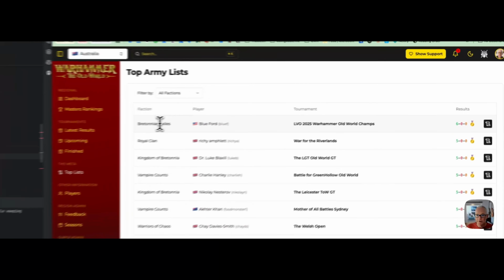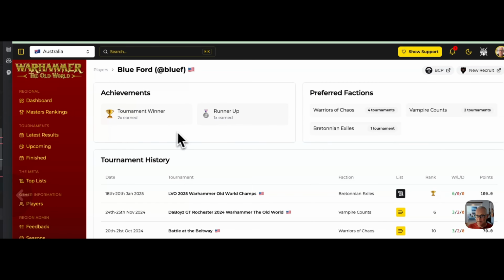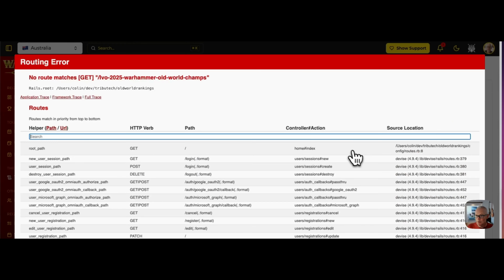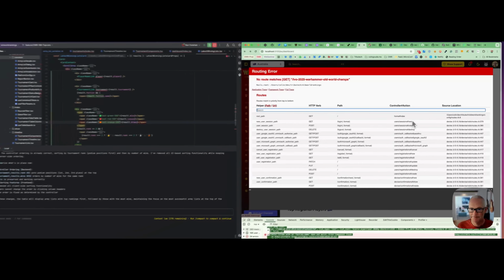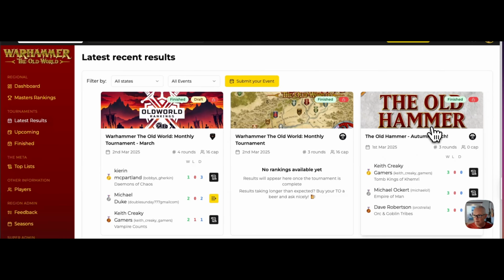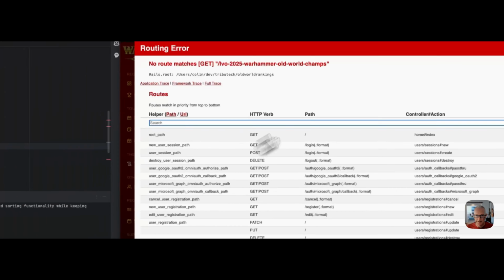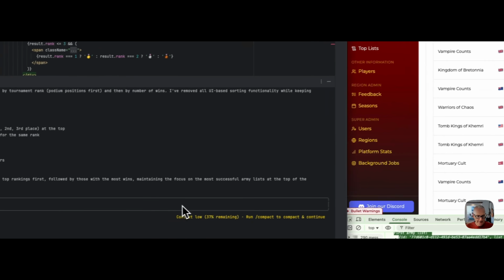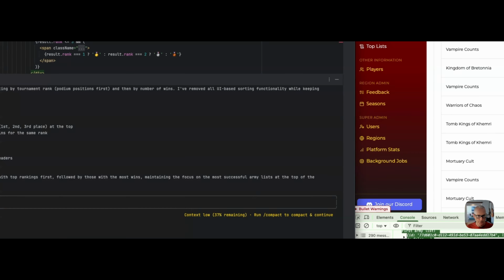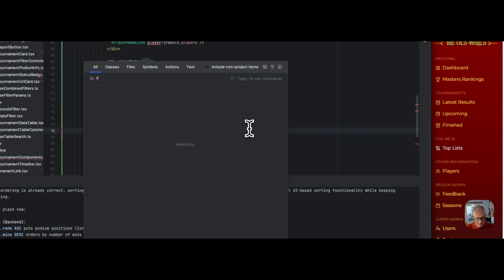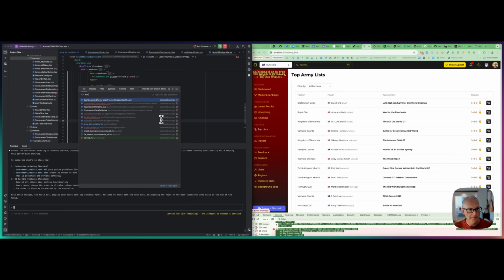Now, let's just see what works and what doesn't. If I click on the player, it does go to him, which works. The tournament doesn't work. Okay, so we'll need to fix that. And I believe when we were looking at this, the list button didn't work either, which it doesn't. Okay, so we will need to fix those things. The only thing I wanted to do is